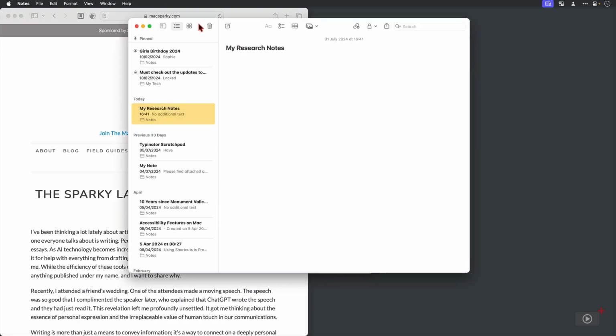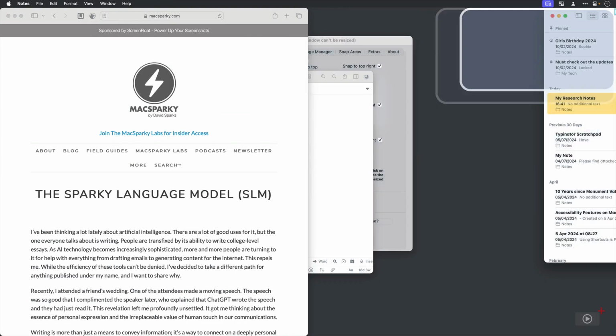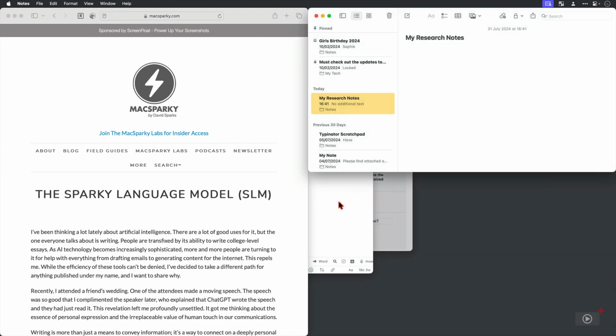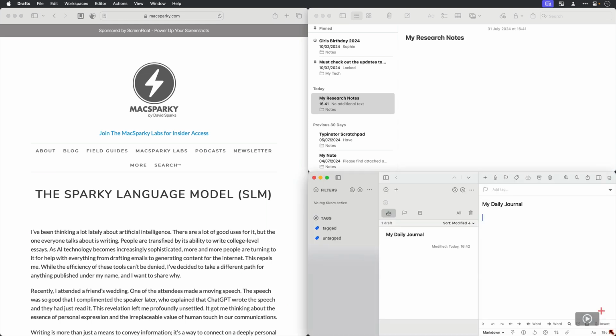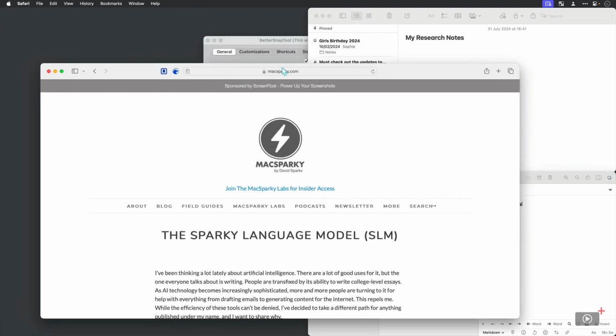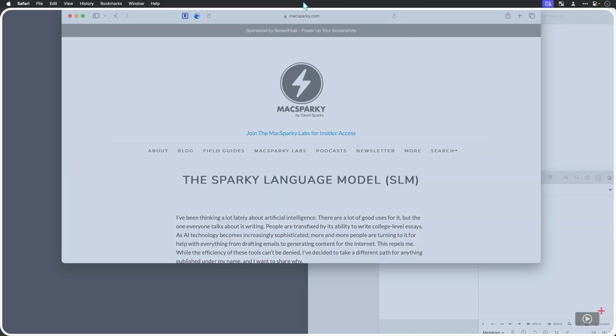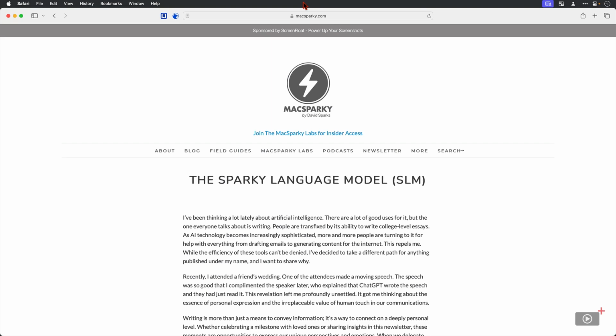Then Notes here, I'm going to drag up into this top right-hand corner, and then into Drafts, where I'm going to put this in the bottom right. So very quick, very easy, and achievable with macOS Sequoia soon as well. And also, if I click here and then drag it to the top, that maximizes the window without putting it into full screen mode. That's just a